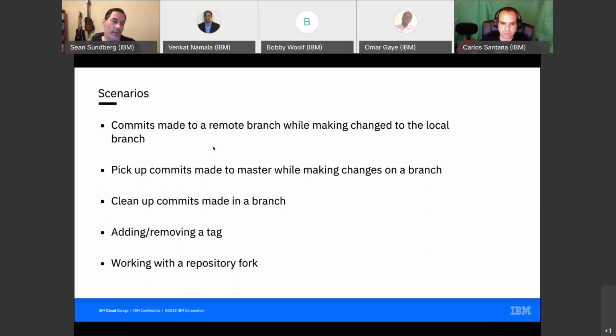And then cleaning up commits made in a branch, that's basically interactive. And then adding and removing a tag and working on the repository fork. We'll see time-wise how we get there. We might do the repository fork next week, because that's a big part of what we're going to do anyway. Okay, so